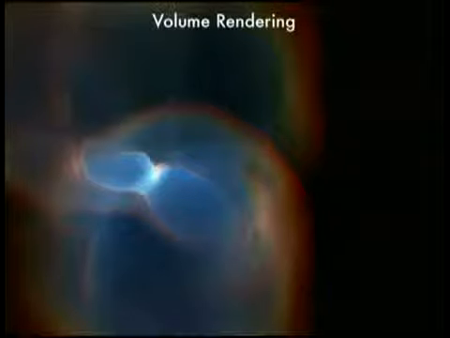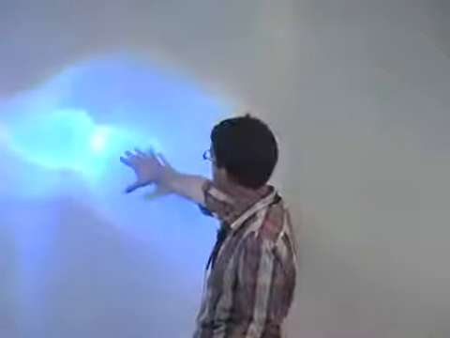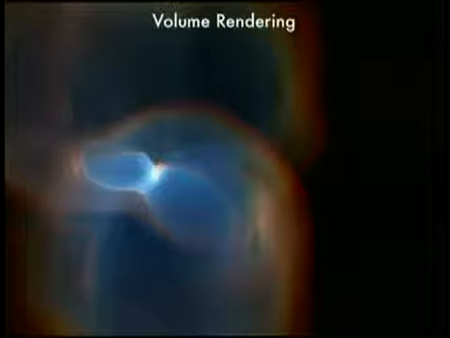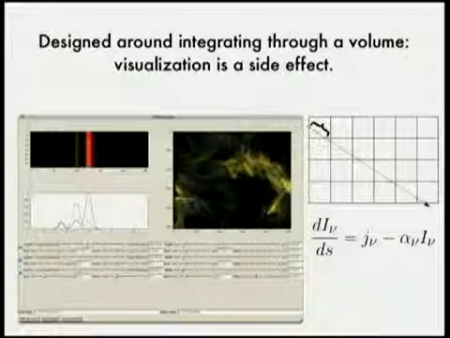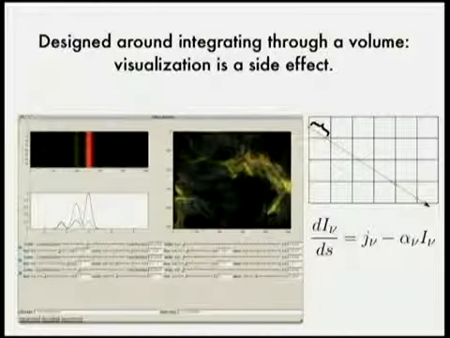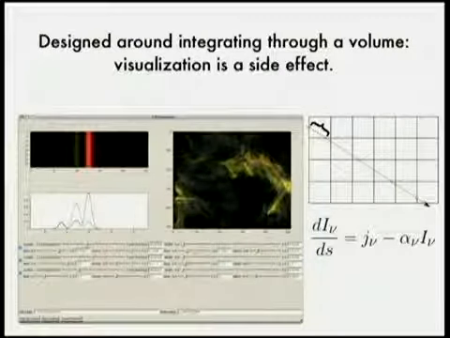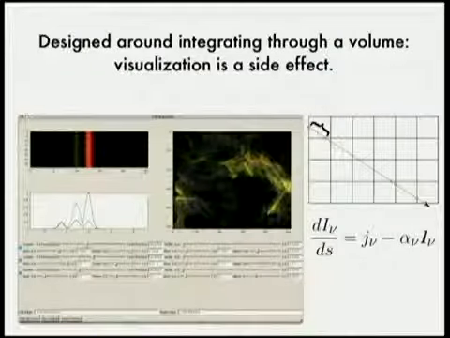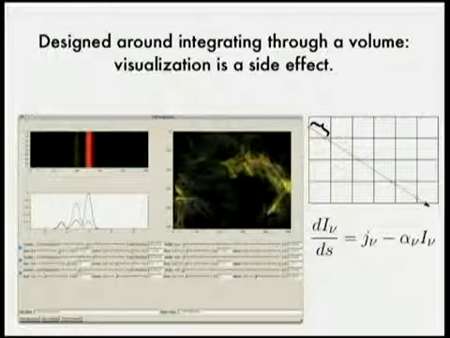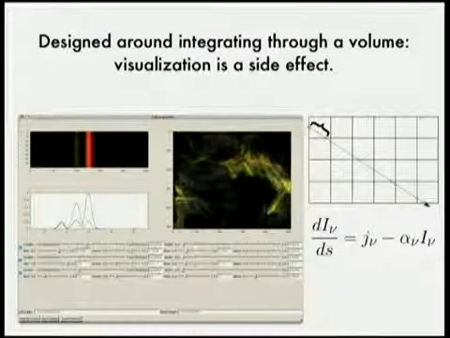One of the things that we get asked about quite a lot is about volume rendering. So volume rendering hydrodynamic simulations is actually one thing that we've added in the last couple of years. This is a Planck transfer function applied such that density governs the level of emission and temperature governs the color of emission to a simulation of a population 2 star forming in a protogalaxy. And it's designed around the idea that we're actually just integrating through a volume, and visualization is a side effect. In fact, what we do is we evolve the entire radiative transfer equation in the absence of scattering, and that's what's returned to the user.